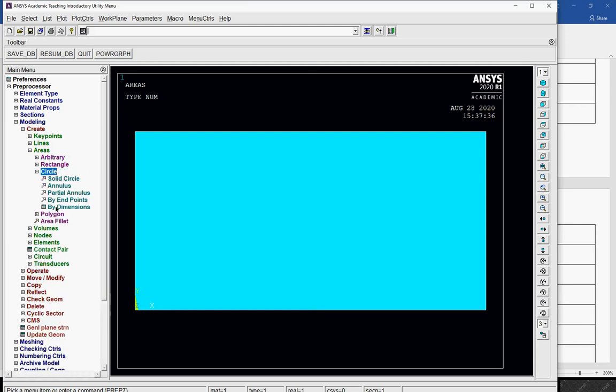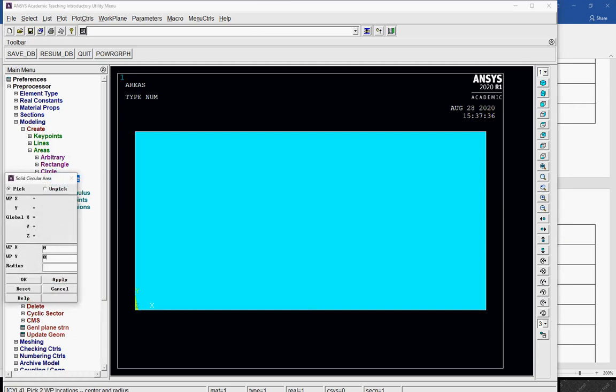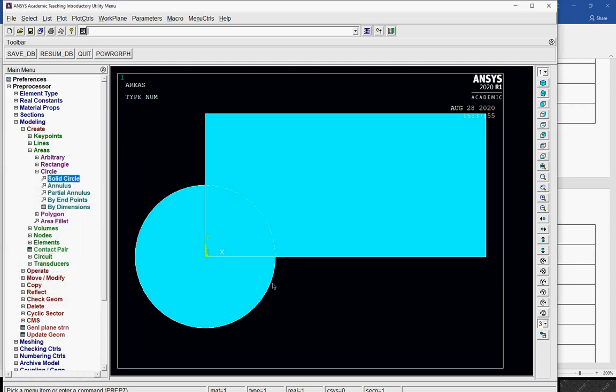Then I create a circle, solid circle, at 0, 0 and radius to be 50. So this circle I have created.